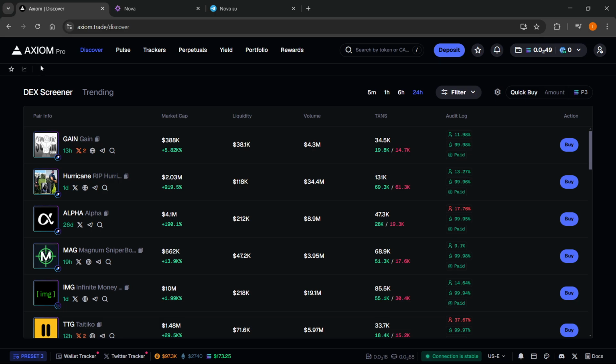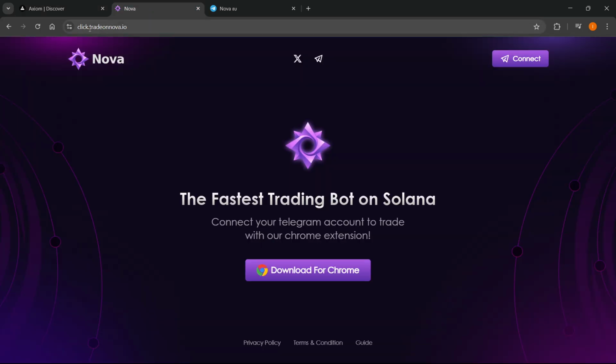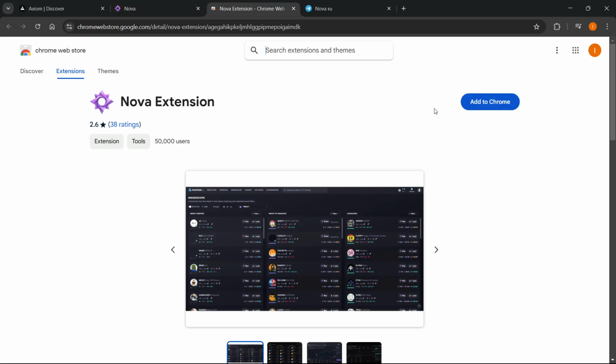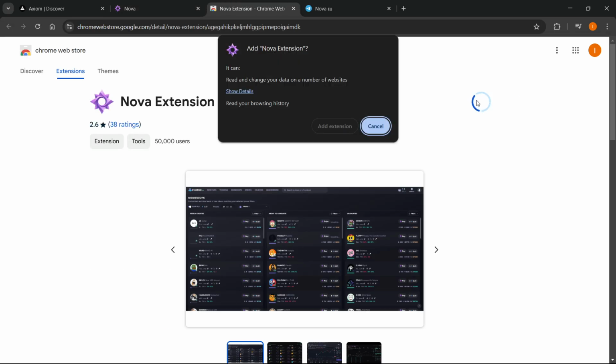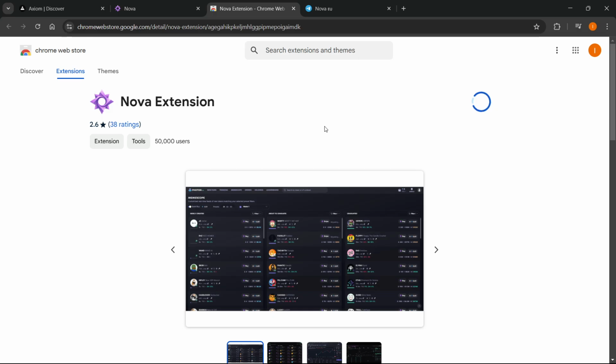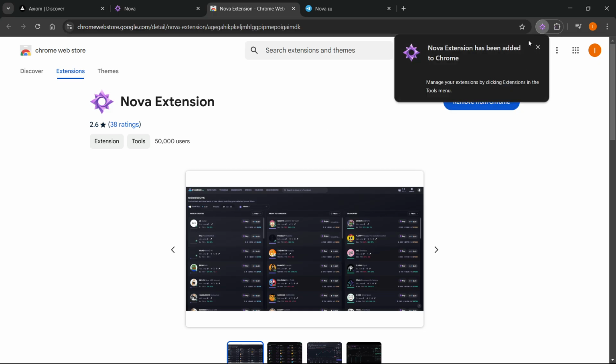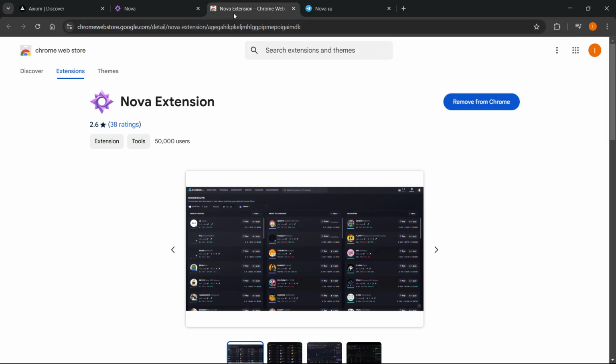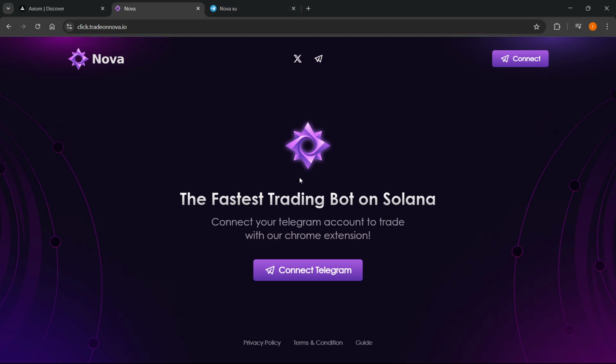So once you are logged into Axiom over here and you have an account, we can begin. The first thing you want to do is go to click.tradeonnova.io, which is the link to the bot, and then from here you want to click download for Chrome over here on their website, and you want to click add to Chrome over here on the right, and then add extension yet again. This will add the Nova extension to your Chrome over here, as you can see, and that's it. So you can then close this extension tab and go back to Nova,